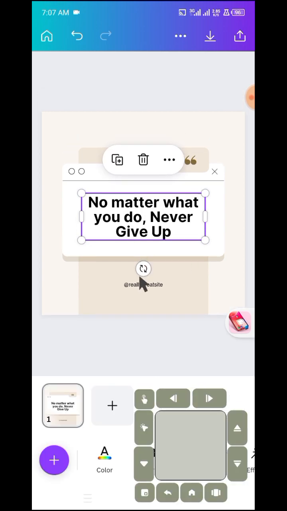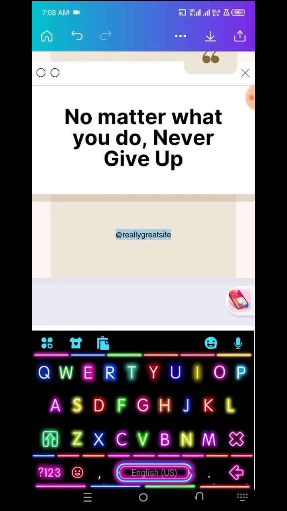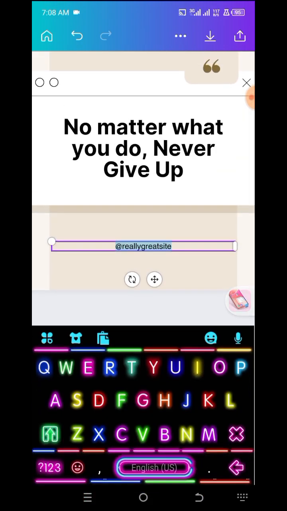Now there's another challenge. Now this is another thing you need to change to the name of your platform. So let's say I want to design for SkillSat. Okay, and SkillSat is a platform that enables you to earn money with your skills. All right, so I will just click on this. Once I click on it, I will just change it to